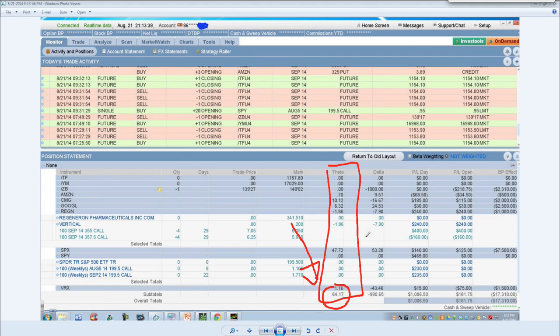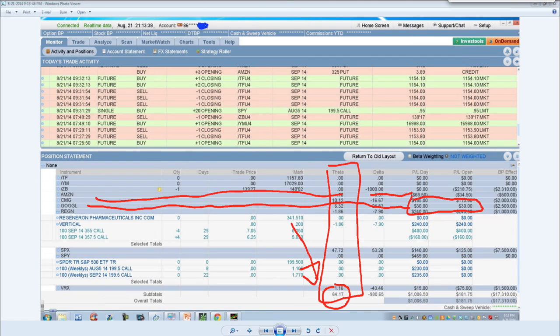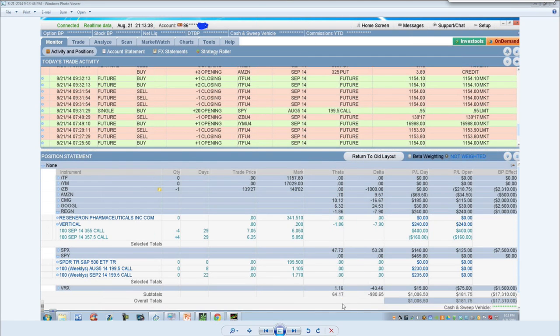And yesterday I had an open position on Google that I was making only 30 bucks on, and I'm going to show you that position today. So yesterday I was making only 30 bucks on Google. And if you look at CMG, I was losing $68. So now if you fast forward into a real account,